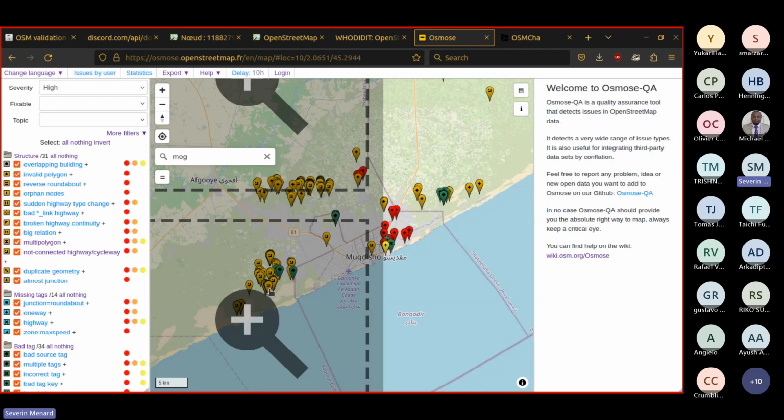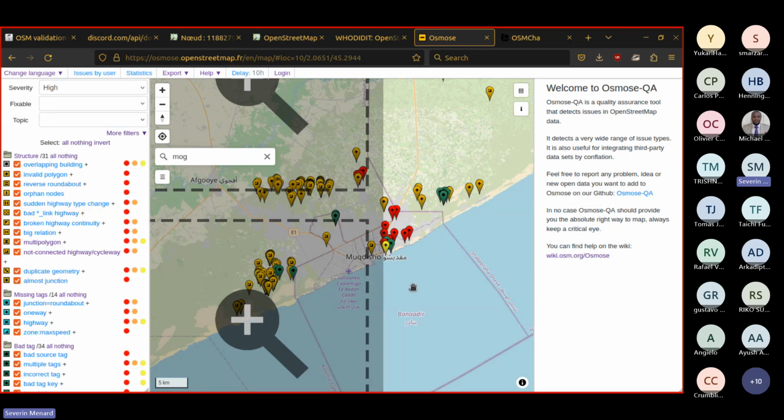Like you can see, there are a lot of non-connected small networks. That's a very, very common one, because we did not create the right intersection, and that may happen to everyone. But that's what Osmos does.